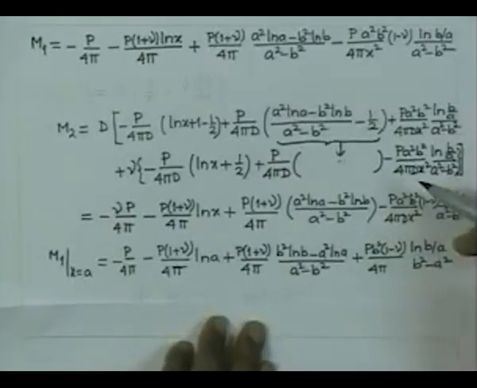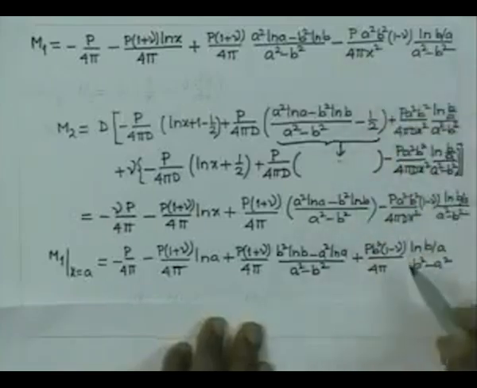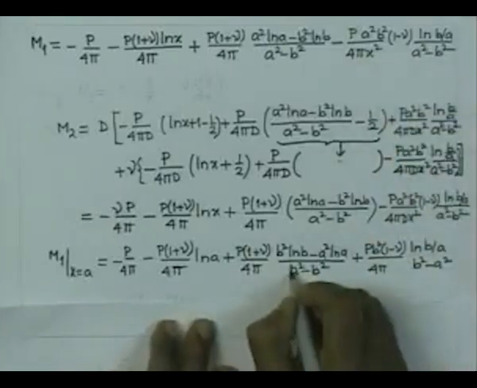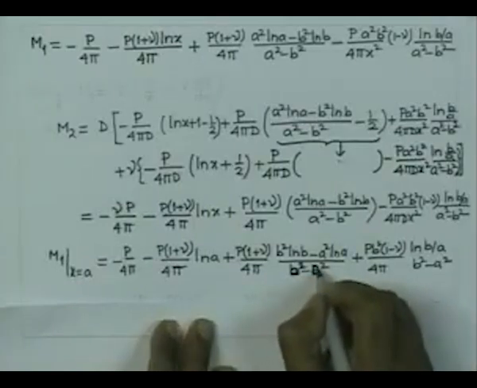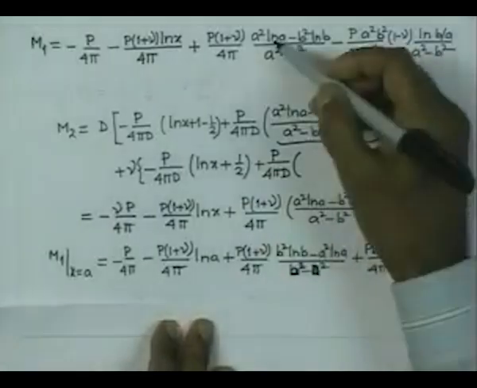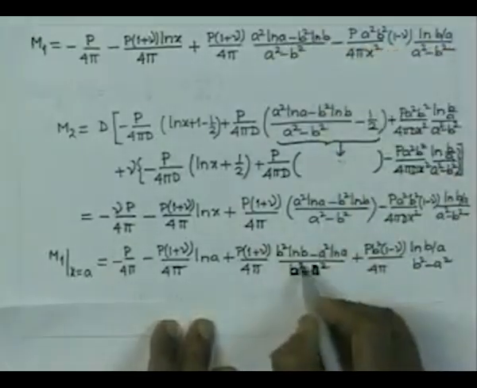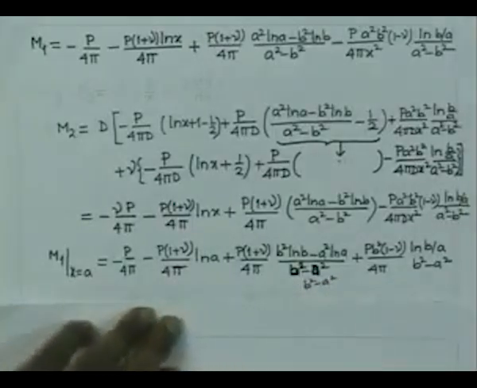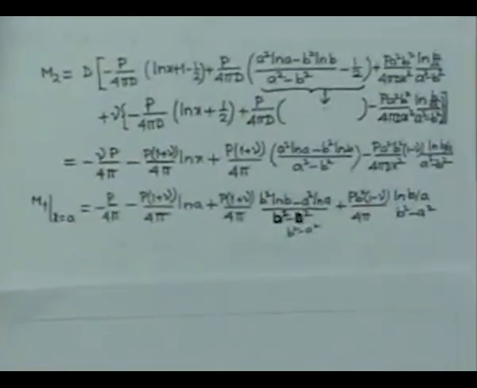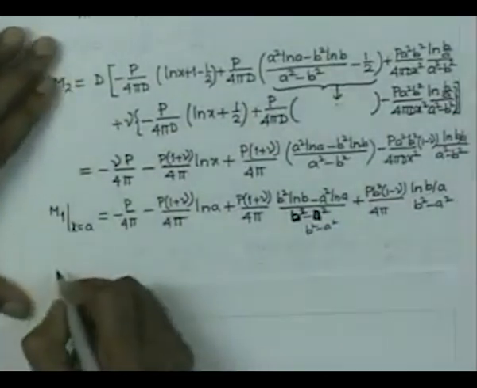This minus sign we are just trying to absorb, so this should also be b square minus a square. We have changed the position of the term, so therefore this should be b square minus a square. So this is b square minus a square. Similarly, M2